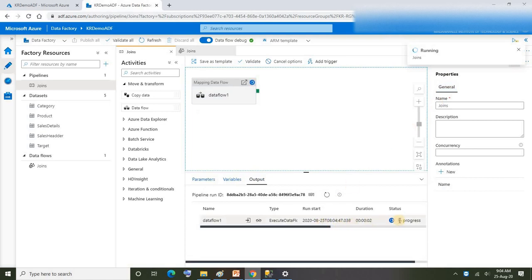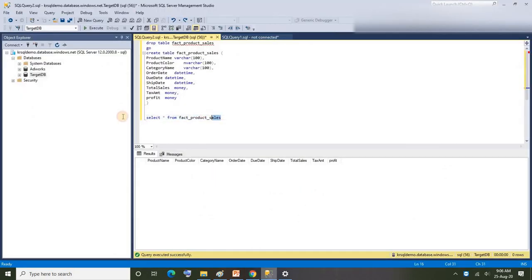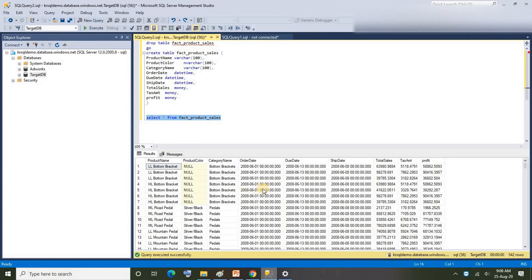See, if you observe the status, it's in progress. Let's wait a few seconds, it will be done. Alright, it is executed successfully now. Let's go ahead and validate if we have data in our target table. Alright, let me execute this query. Alright, we could see data populated into our target table.